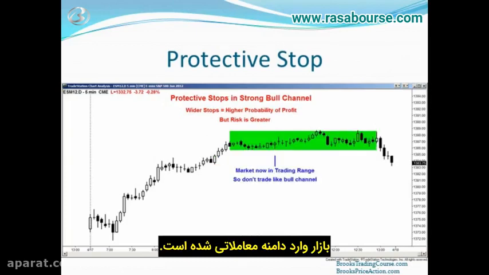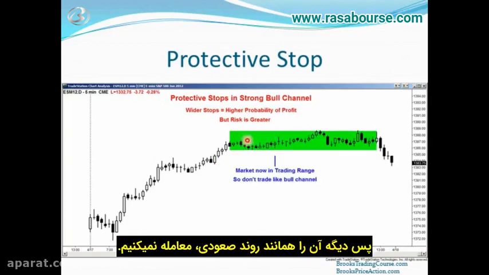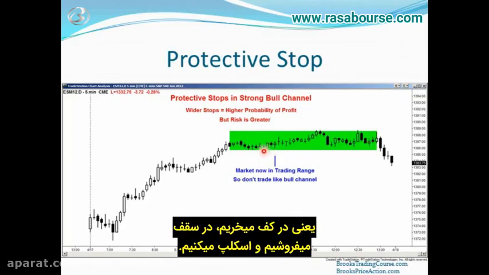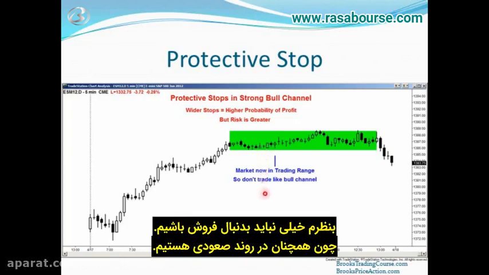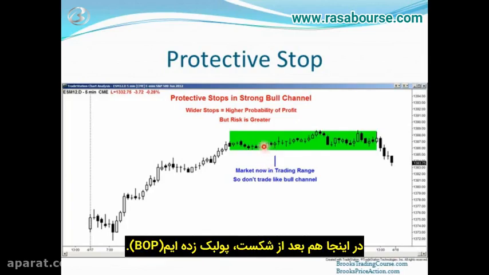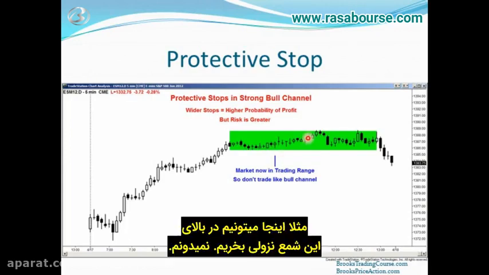The market transitioned into a trading range, so you stop trading it like a bull trend. It's now a trading range. You trade it like a trading range. You buy low, you sell high, and you scalp. I don't feel that it's as necessary to worry a lot about taking the shorts because we're still in a bull trend, but I definitely would try to take the longs. Okay, IOI here, bull bar here, breakout pullback here, small breakout pullback here, outside up here, maybe buying above that bear bar. I don't know.